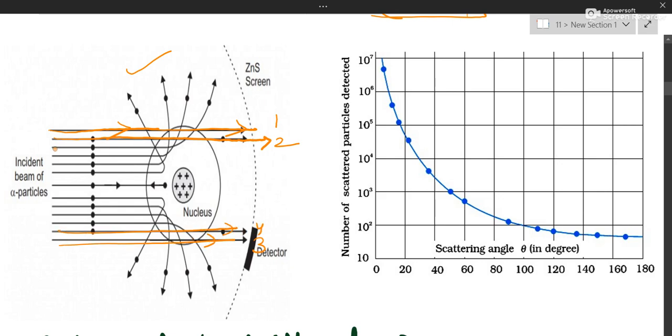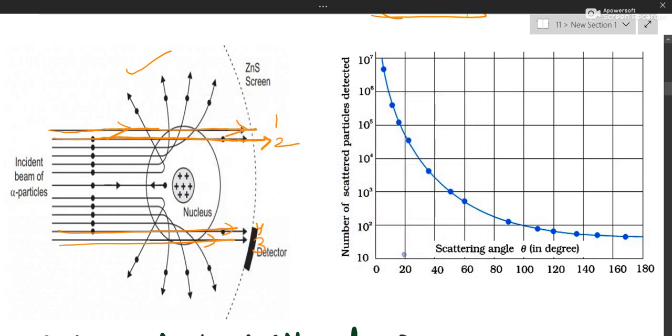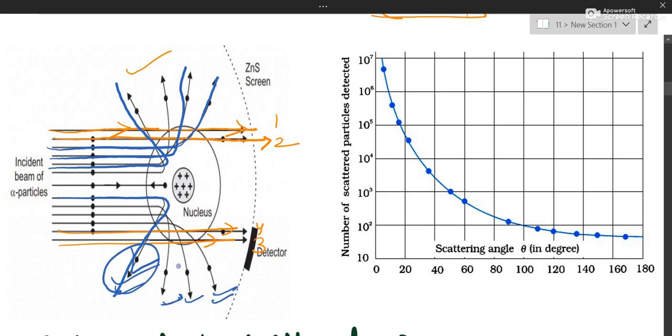Okay, now those who were near, let me change the color and then see. Yeah, this number 3 ray is quite close. Quite close means a little closer, so it is getting deflected. This is even closer, so it is getting deflected by a larger angle, and this is even closer, so an even larger angle. So as you come closer, you will be deflected. The alpha particle will be deflected through larger angles, and those who are at a distance will be deflected through small angles. So this kind of diagram you can draw.